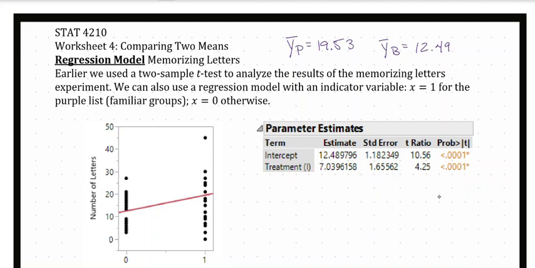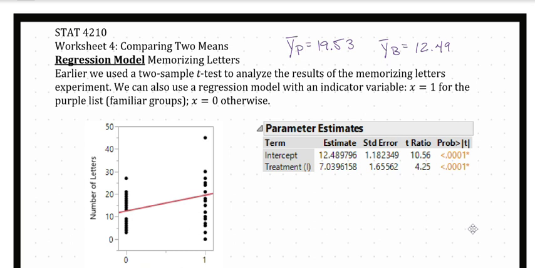So this is a real quick video to show how we could use regression with an indicator variable to also do a two-sample t-test, and show how we've got similarities and possible differences between the two approaches. So before, when we did the memorizing letters example, we used a two-sample t-test to analyze results of the memorizing